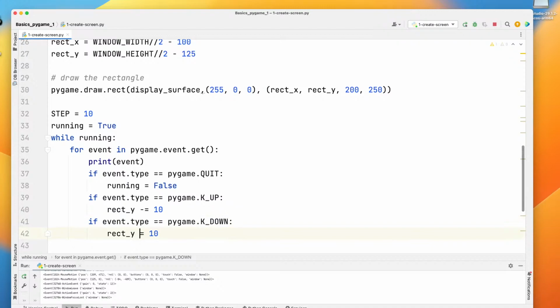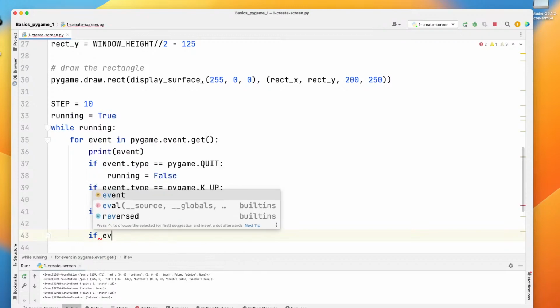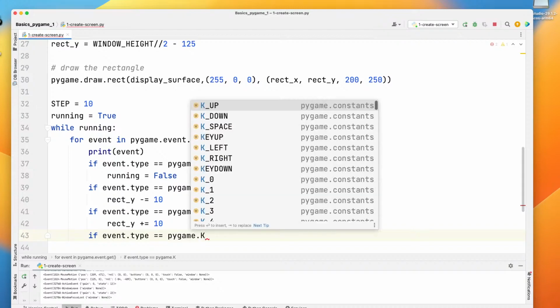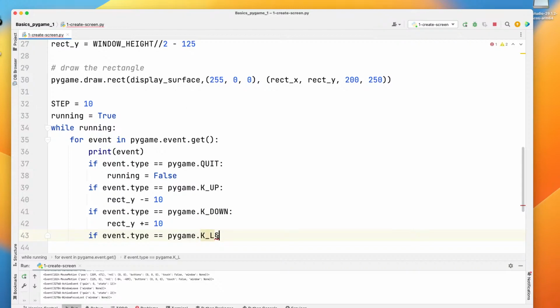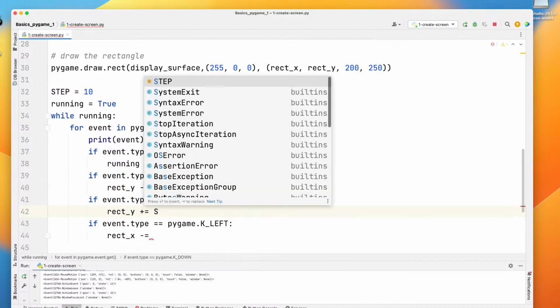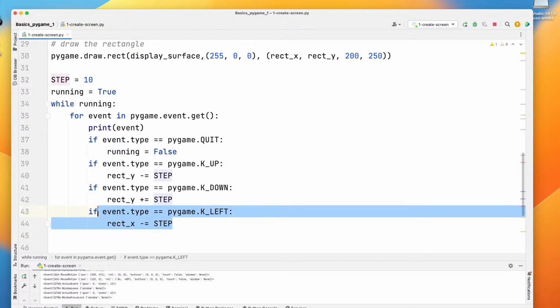But now we need to plus. The next one, if event type is Pygame key left, it calls rect x minus step, not 10, it can be step. And pretty much the same with the